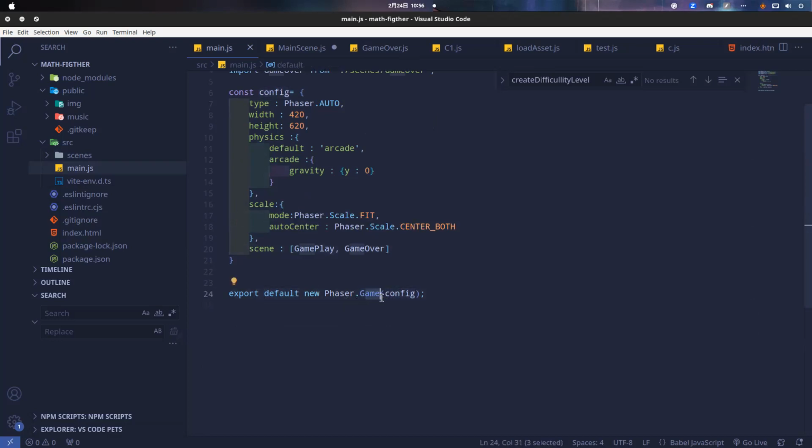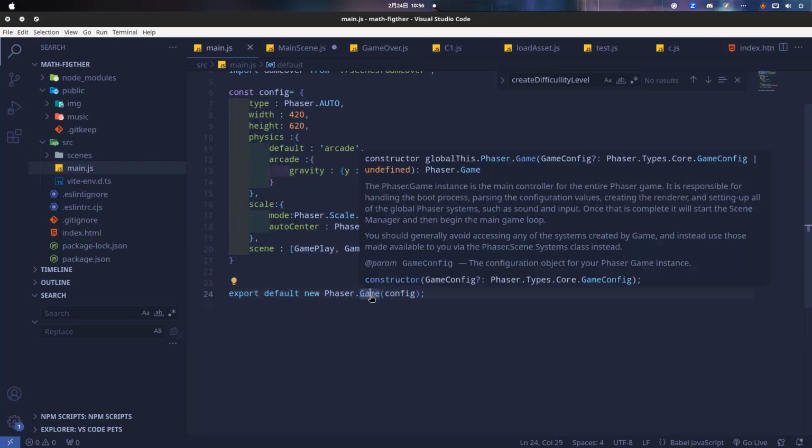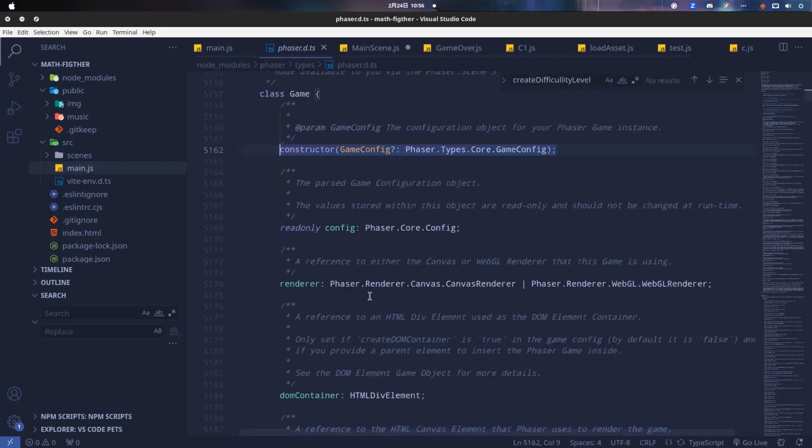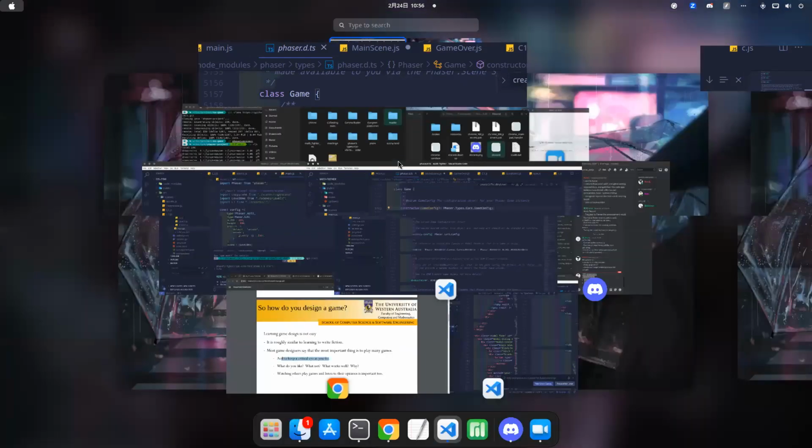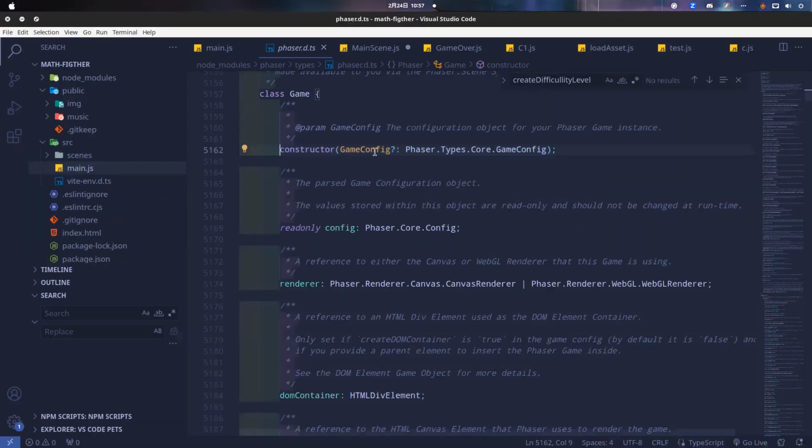After you do that, do not forget to use export default with the name Phaser.Game config. This means we want to tell Phaser Game, okay, Phaser Game is just from in here. If you click Ctrl plus left click, it will redirect you to this class Game. This class Game has a constructor and takes one argument as a parameter, the game config.